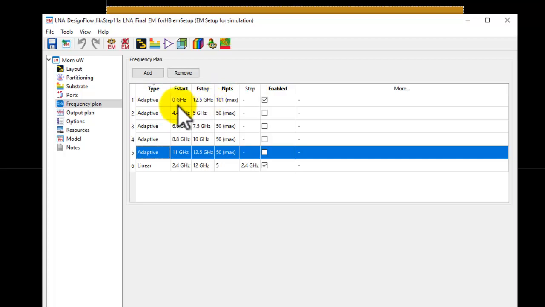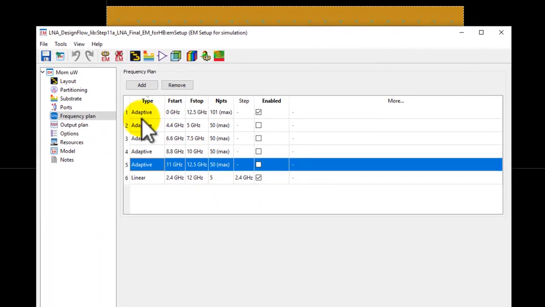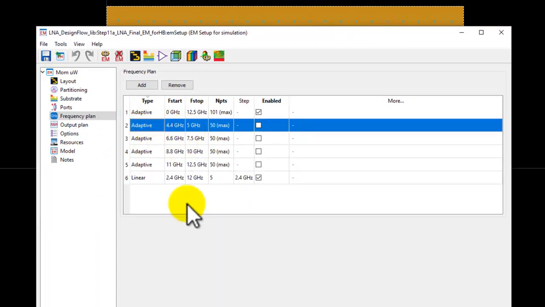The approach number 2 could be I set up one frequency sweep from 0 to, let's say, 100 megahertz, and that will ensure I have the right circuit performance for the low frequency so that I can take care of the DC and the low frequency content very well. The second segment could be centered around my desired fundamental frequency point. So let's say between 2.2 gigahertz to 2.6 gigahertz, so that I have certain bandwidth around my carrier frequency. Then the third could be centered around the second harmonic, third harmonic, fourth harmonic, and the fifth